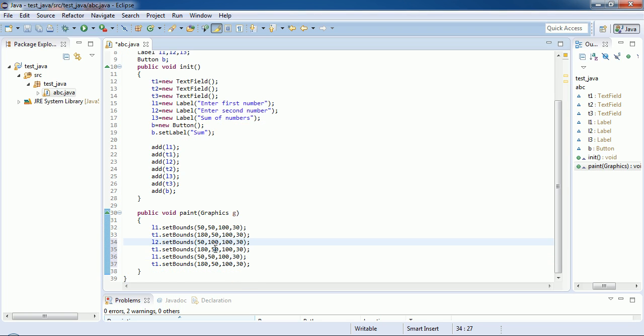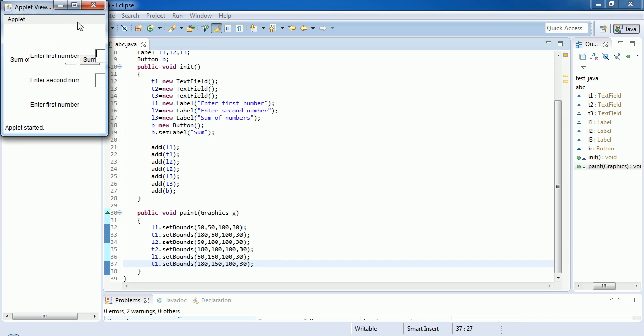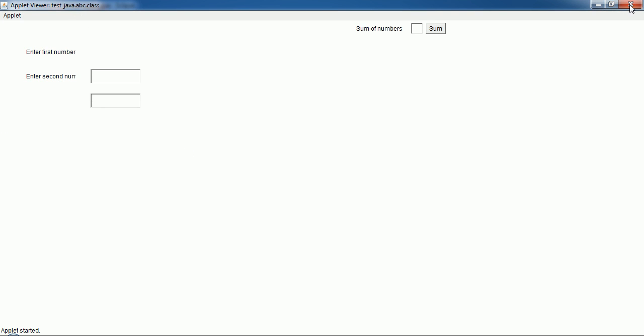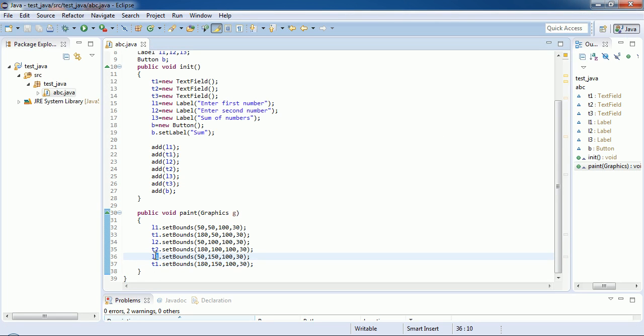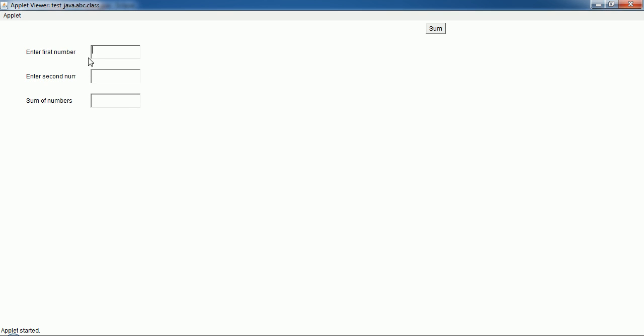So similarly this one for T2 also, rest thing will be same, and I will increase this. So we are increasing the top position by 50. So this will be something like this, since we have not changed the name of the last two objects, that's why it was creating some error. So now you can see we have aligned our text box and